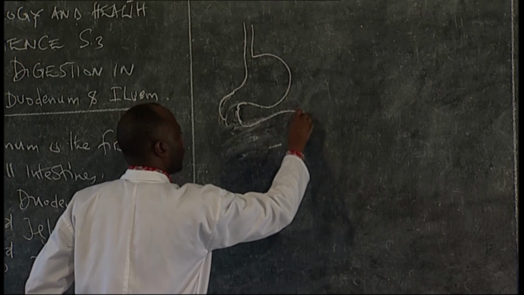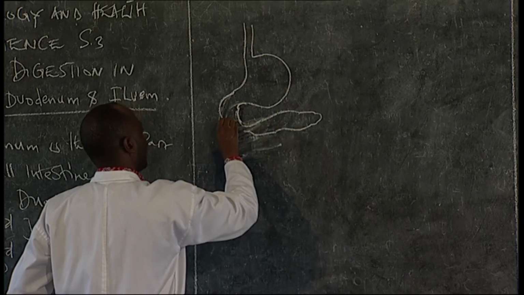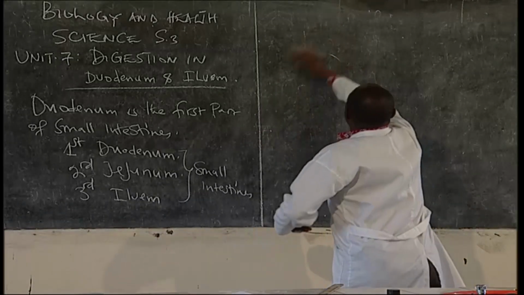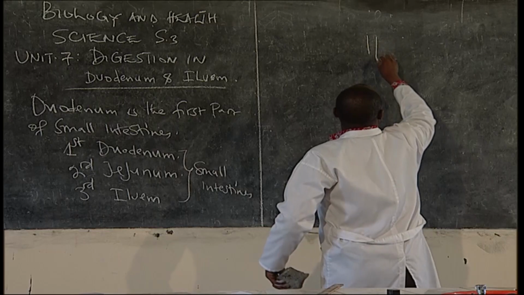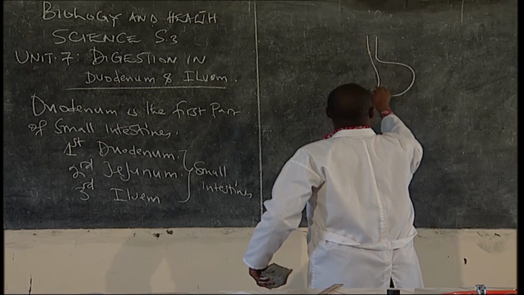This is the part which is the accessory organ. Let me try to draw it very clearly. We have the diagram which is drawn like that. This is the stomach,